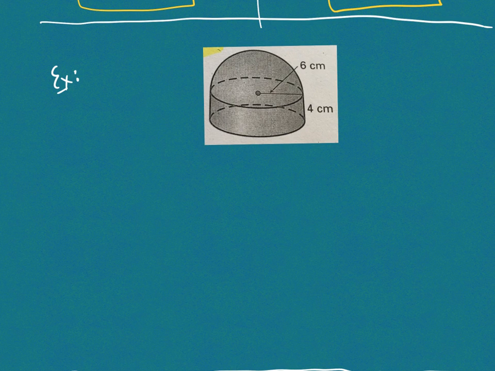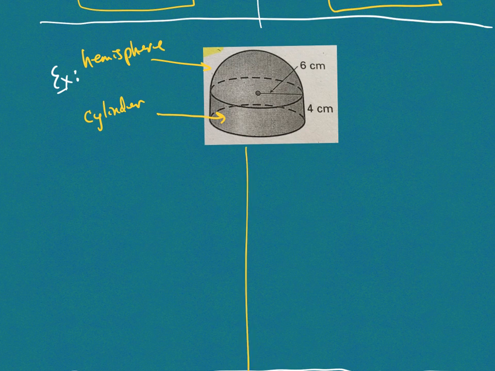So as an example here, what I've done is I've taken a cylinder, which we already know about, and what I've done is I've attached on top a hemisphere. So half of a sphere. Okay? And what I could ask you to do is find the surface area and volume of this kind of strange looking shape. Okay? So as an example, the surface area, and this will actually be the harder one, would be